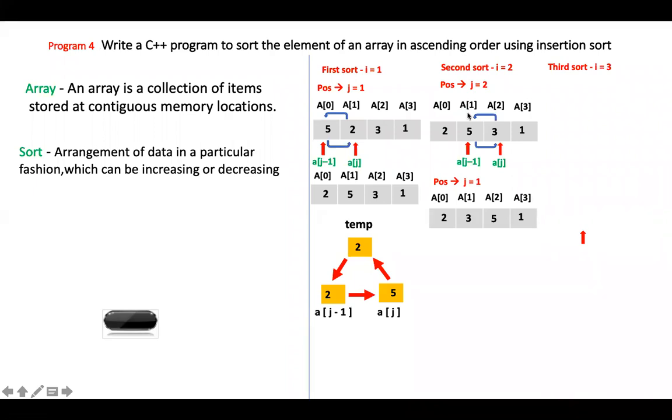Now I will come to the first position, and from the first position to the 0th position, I will be comparing. That is what I have taken, j is equal to 1. First it was at j is equal to 2, so I was starting my comparison from j is equal to 2, then 1. Now I am starting from 1, so from 1 to 0 I should go. So I'll take this as a of j, and then this as a of j minus 1. Now I'll compare whether 3 is smaller than 2.